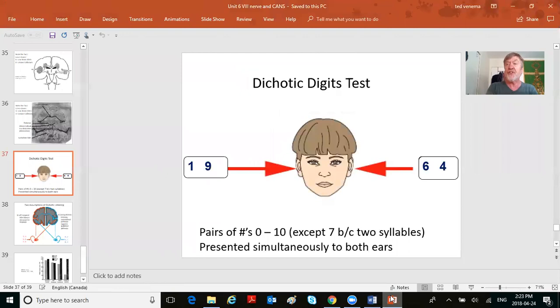Basically, we now have finished Unit 6, the 8th nerve and central auditory nervous system. This is our last Zoom session for 120, anatomy and physiology. We've covered the 8th nerve pathology. The 8th nerve is the shortest of all the 12 cranial pairs of nerves. How many pairs of cranial nerves do you have? 12. Is the 8th nerve part of the central auditory nervous system or the peripheral? Peripheral. How come? Because what's the central? The brain and spinal cord. Everything else is peripheral. So even though the 8th nerve is in the cranium, it's part of the peripheral nervous